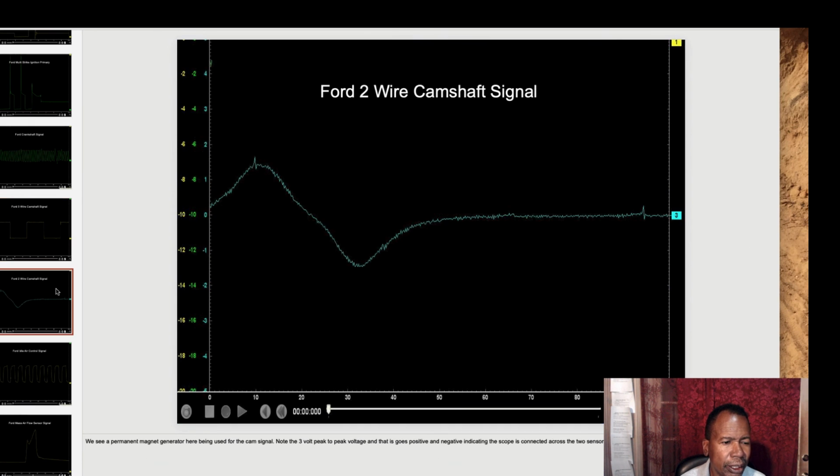Alright, the next one is a 2-wire permanent magnet camshaft signal from a Ford. You can see it's a permanent magnet AC signal. You can see here this light blue going positive about 1, about 1.5 volts here. Then remember this is 0 here, and it comes back down 1, 1.5. So I got an amplitude of about 3 volts. Again, it's a known good signal of a 2-wire camshaft signal. This happens once every camshaft revolution. So it's a good signal here. It went positive from 0, and back down, crossed the 0 line again about 1.5, going across here. Give me an amplitude about